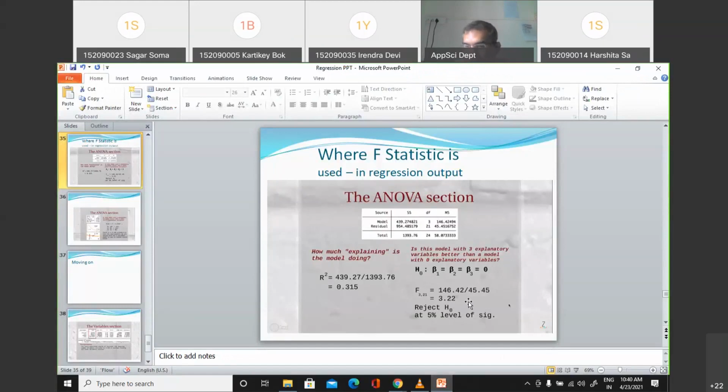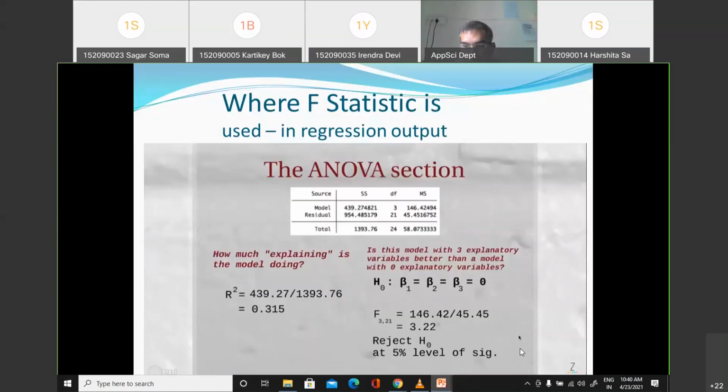If we search a little bit, we will get a better F table, but this is how it is. This is how the F distribution is used: one variation with the model, one with only the constant or residual. Okay, 3.22 is our sample's value at the 5% level of significance. It is significant. So 3.05 we got from the table and 3.22 we got from the sample.